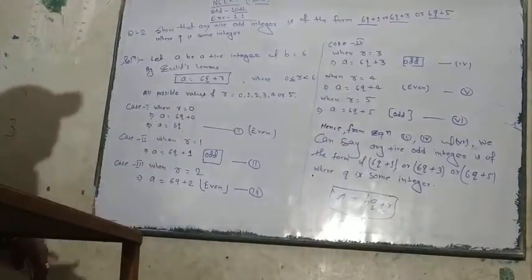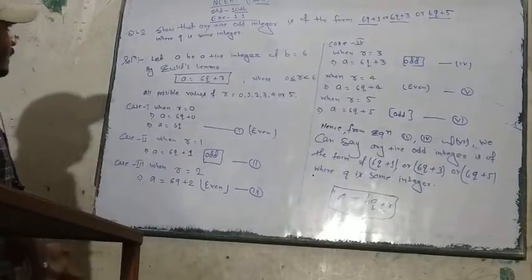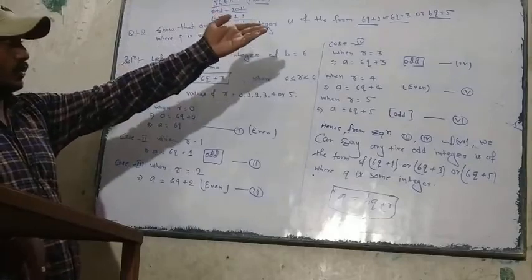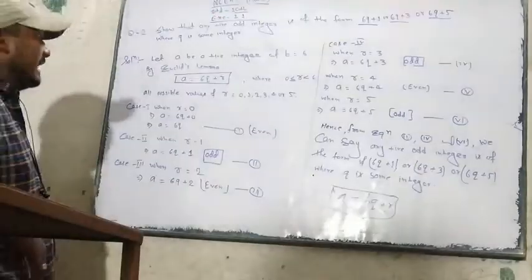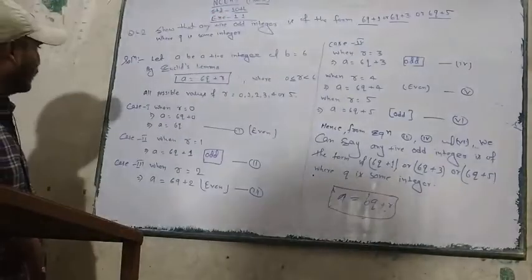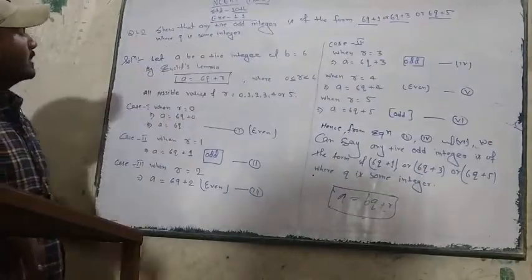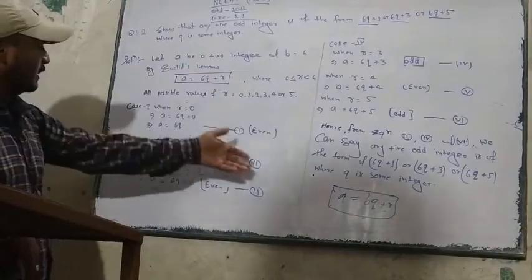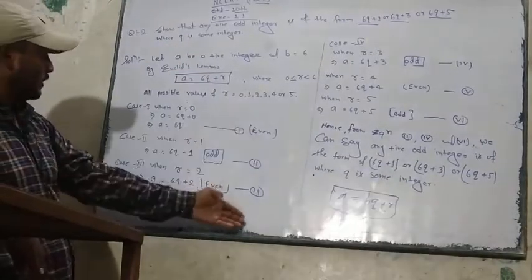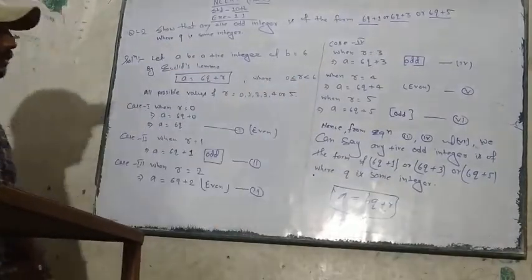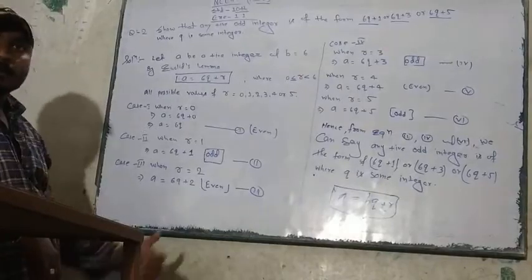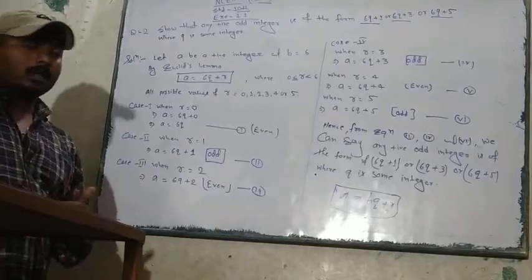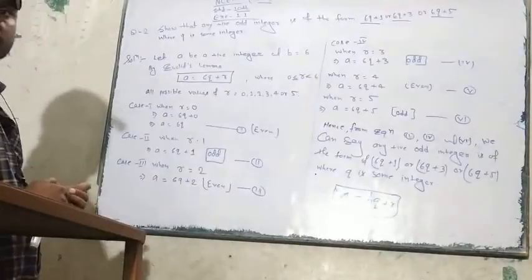Another question, the question is written in another form, so that any positive even integer is of the form 6q plus 2, 6q plus 4 or 6q plus 6 or 6q, where q is some integer. You can solve that question by the same process in the other form. You take equation 1, equation 3 and equation 5 in your solution. Okay? Is it okay for today for this question? Now we take another question of this chapter.